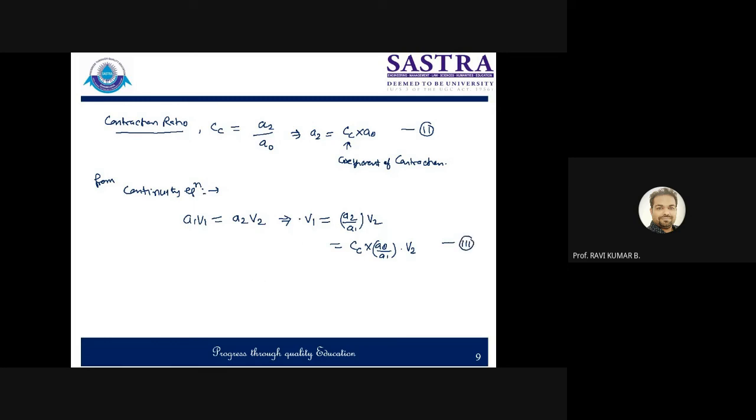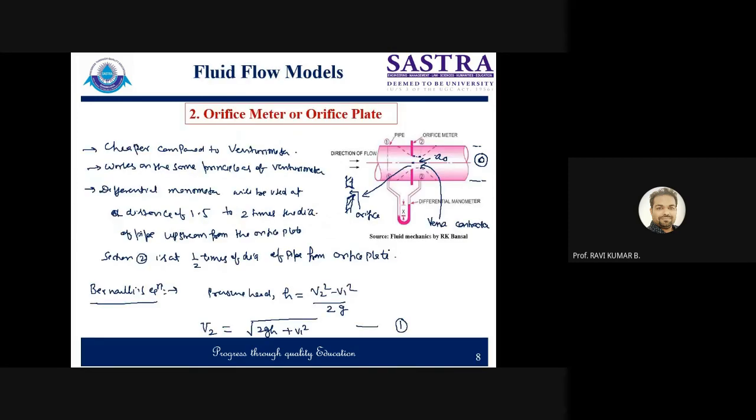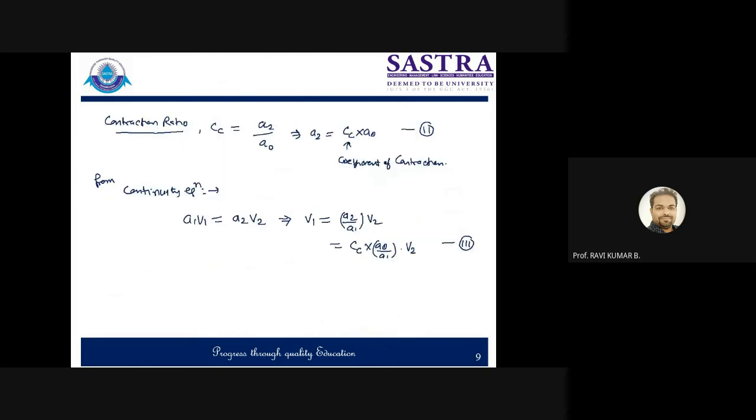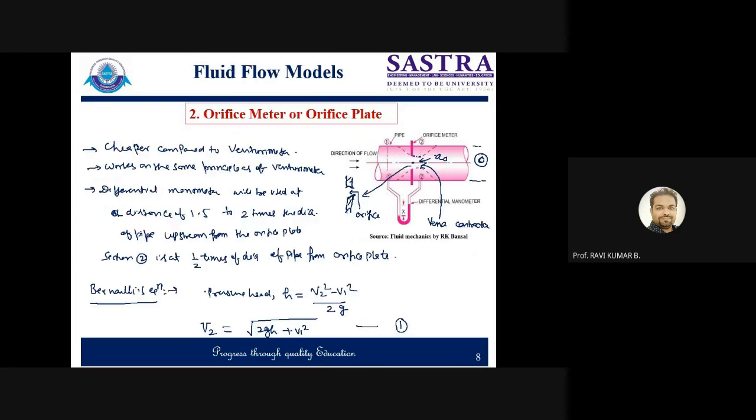Now you know this V1 value in terms of V2, because look at the equation where we are left. Here we need to find out V2, where we basically have two terms, H and V1. So we need to find V1 in terms of V2, that is section 2, which is very close to the vena contracta. Section 2 is area 2, so in terms of area 2, we have expressed V1. Now substituting this value of V1 in equation number 1, which is over here.